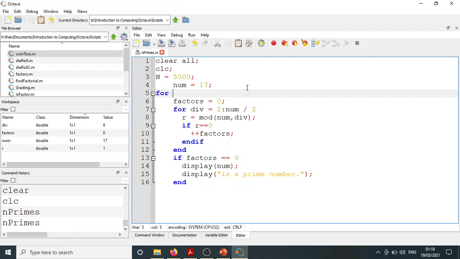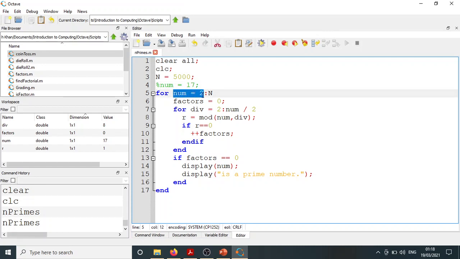ठीक है, फ़िलहाल मैं फॉर लूप को यूज़ करता हूँ, आप वाइल लूप यूज़ कर सकते हैं। बट for making things easy for you right now हम फॉर लूप को यूज़ करते हैं। तो हमारे पास ये जो num है ये स्टार्ट होगा 2 से और ये जाएगा up until 5000 which is capital N। ठीक है, और हम इस प्रोसेस को रिपीट करना चाहते हैं for each of these values of num। तो अब हमारे पास num सिर्फ 17 नहीं है। ठीक है, मैं इसको कमेंट आउट कर देता हूँ।